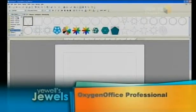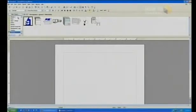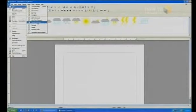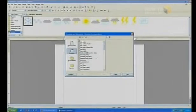Open Office is an open source version of Microsoft Office. It reads and writes Microsoft Office files, has a spreadsheet, word processor, PowerPoint, all of the stuff that Office has. It's also a Ewell's Jewel as well. Yeah, so this is an improved version. It just adds more clip art and templates. There's a lot of clip art, some more fonts, and also if I go up here and I go File, I go New, and I check templates and documents, it's just got a lot more templates. We got business correspondence, education, so you go in there and you got business cards, you got...